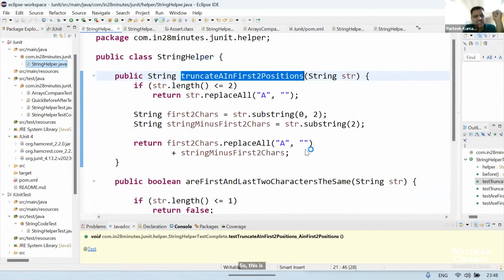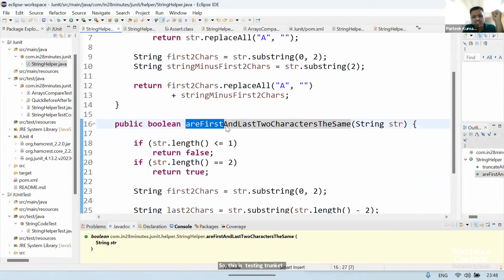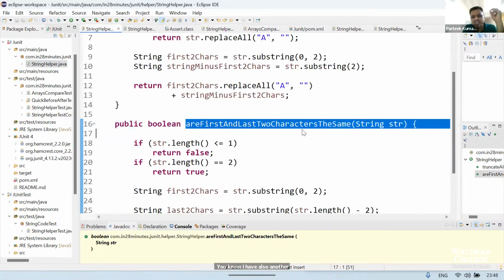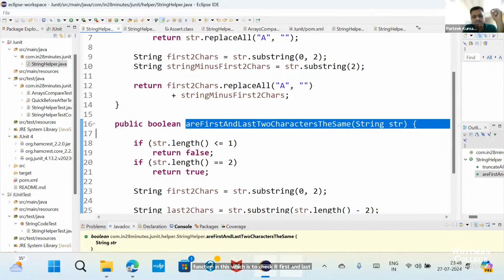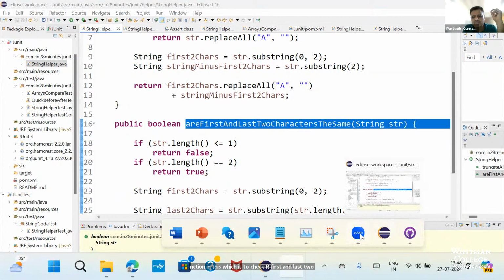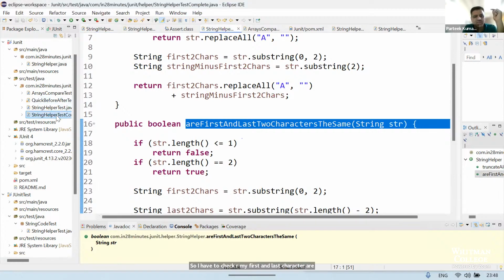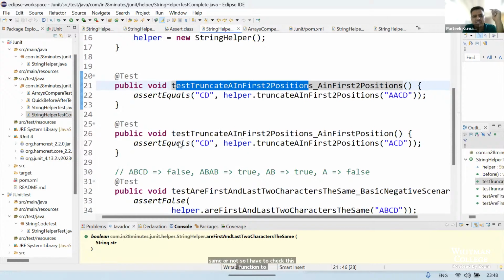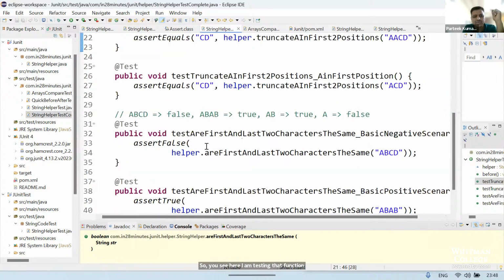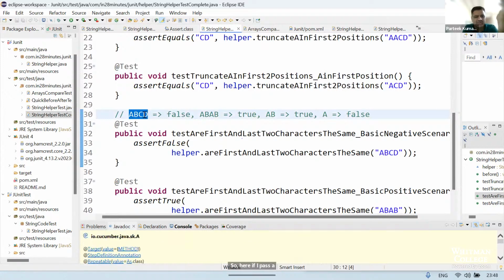I have also another function in this, which is to check whether the first and last two characters are the same or not. So I have to check whether my first and last characters are the same or not. I have to test this function too. You see here, I'm testing that function through this. If I pass A, B, C, D, in which first and last are not the same, then it should return